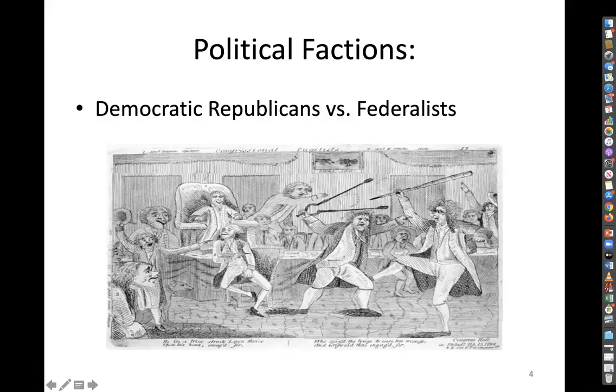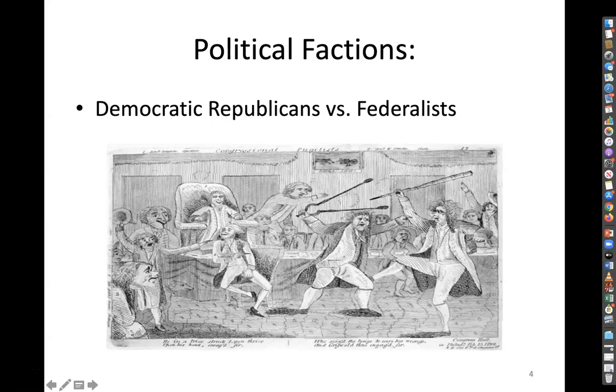Now, one precedent that does get established very early in our political history is the formation of political factions. And basically, factions is another word for political parties. That's the term they used back then. Instead of political parties, they tended to use the word political factions. If you're familiar with James Madison's writing in the Federalist Papers, which was his series of arguments meant to persuade Americans that they should ratify the Constitution in 1789. So obviously written earlier, he warns against the creation of factions.